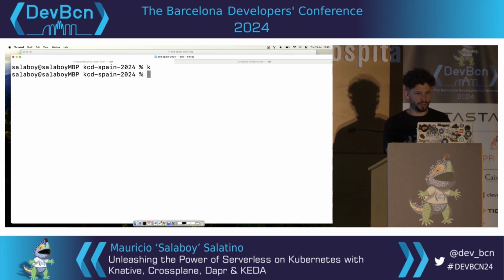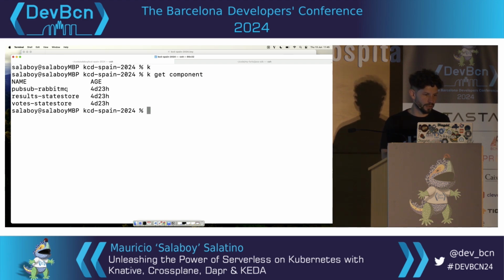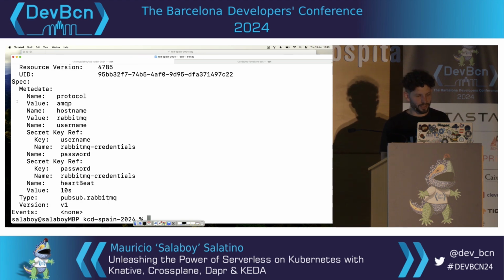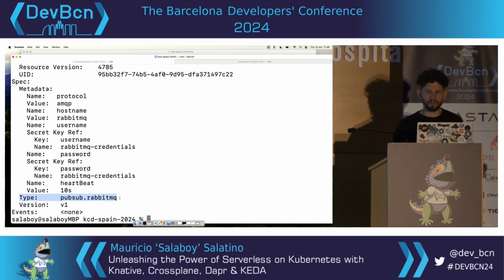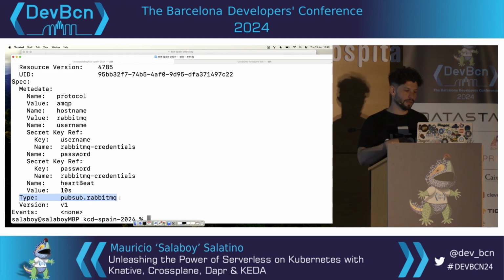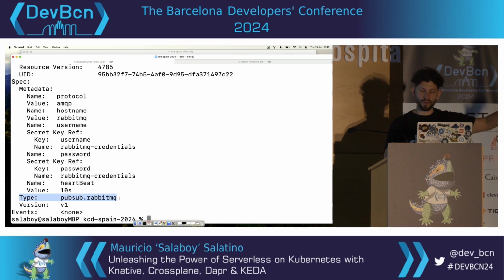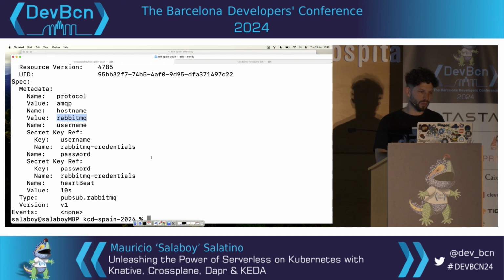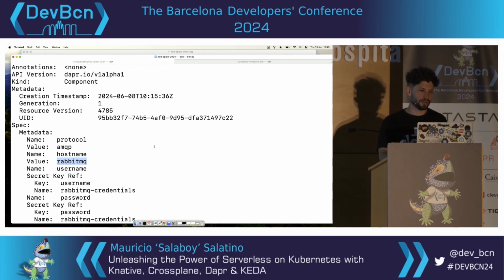Just for completion, let me show you the components, the RabbitMQ one, so you see that it's basically connecting to that instance. Again, the only thing that I wanted to show here is the type, which tells you that this PubSub API of sending and consuming messages is implemented by RabbitMQ. From the application point of view, I don't care, but from the infrastructure point of view, I need to connect to RabbitMQ, so I need to know the RabbitMQ hostname and the user and the password to connect to it, right? That's pretty much what you need to know from an infrastructure side of things.